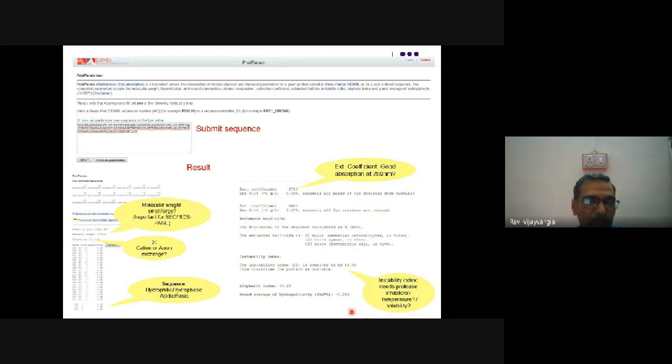Also, this tool will tell about the instability index, whether the protein is susceptible to protease. Then you have to add protease inhibitor in the buffer. If it is susceptible to high temperature, then you have to maintain low temperature during purification. Also, the pH stability: you have to use the right pH so that the protein remains stable. All this information you can gather by just having the sequence of the protein, and it will help you design a good strategy for the purification of the protein.